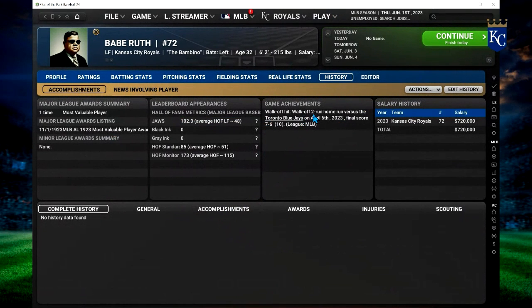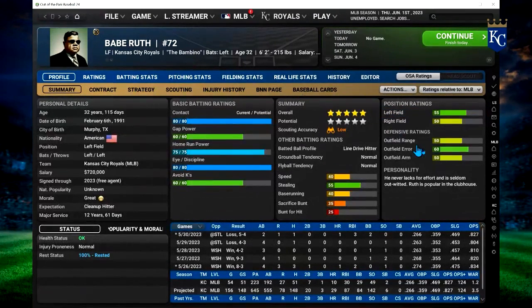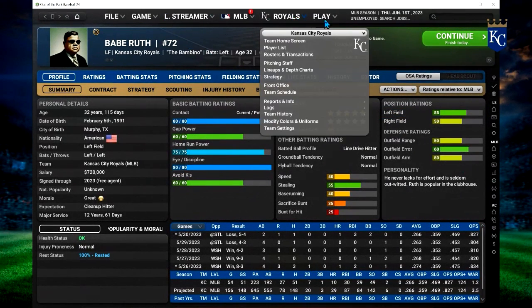Had a walk-off 2 home run against the Toronto Blue Jays, and that's it. No real accomplishments for Babe Ruth. I kind of felt Kansas City was going to be a lousy year for him. But let's sim ahead to the